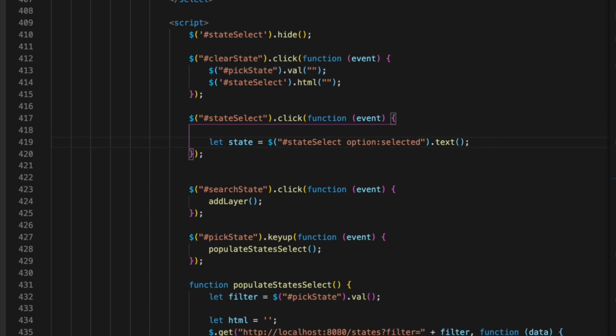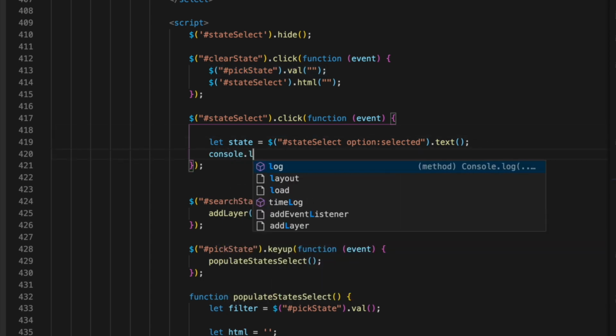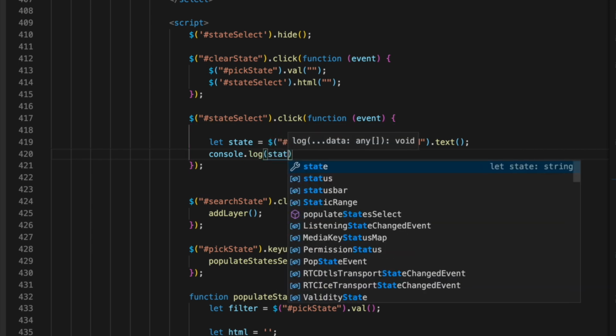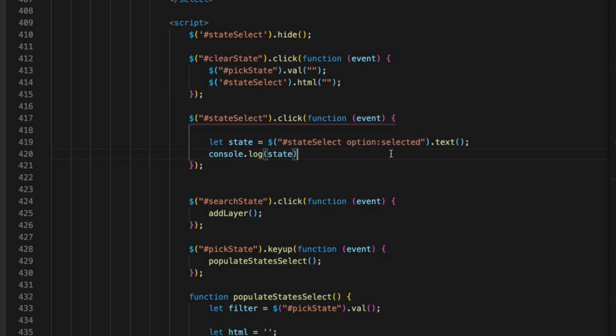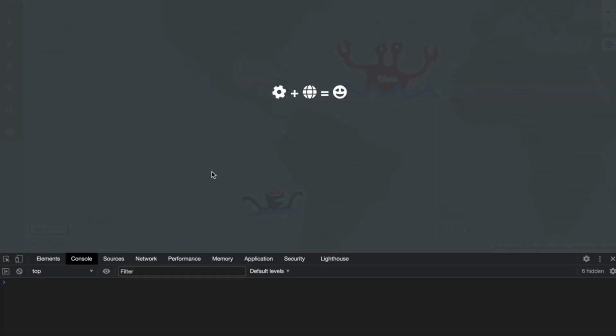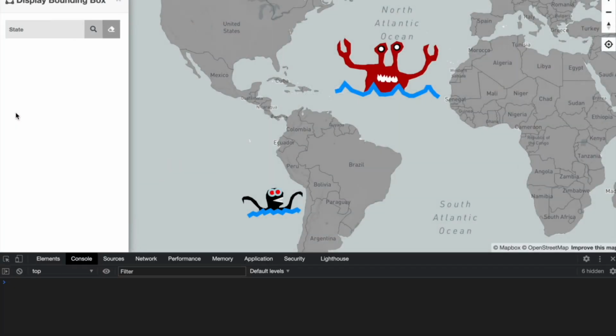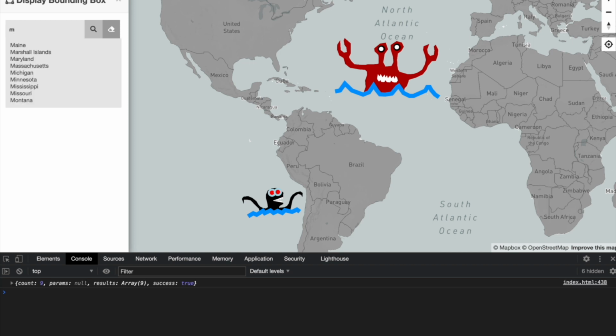And for now, we'll just log it to a console. Console.log, whatever state we pick. Save that. Let's go look. Alright, so I start typing, we pick Maryland, and we echoed out Maryland. Okay, so now that I can grab the state name,